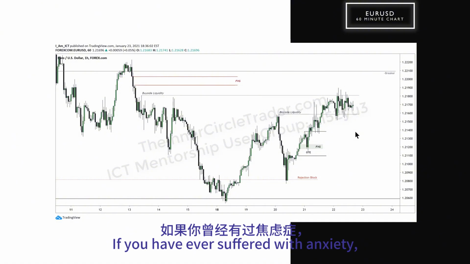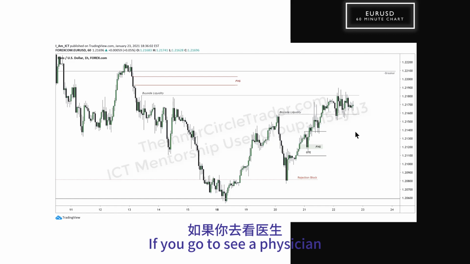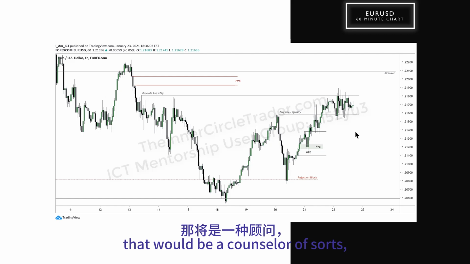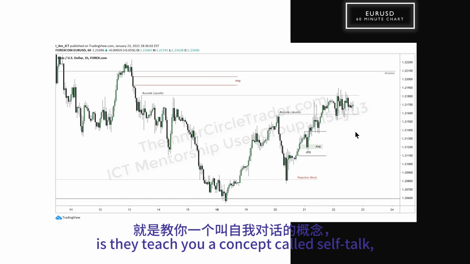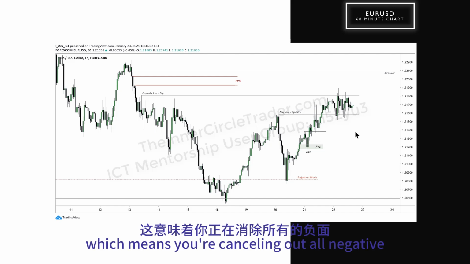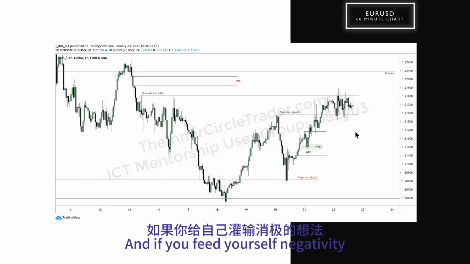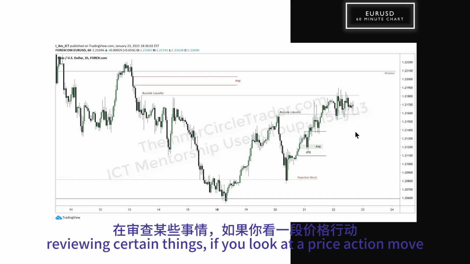If you have ever suffered with anxiety, okay, if you go to see a physician that will work with you, a psychologist or someone that would be a counselor of sorts, one of the things they do is they teach you a concept called self-talk, which means you're canceling out all negative thinking and language. And if you feed yourself negativity in your charts, in your annotations, or you're reviewing certain things,